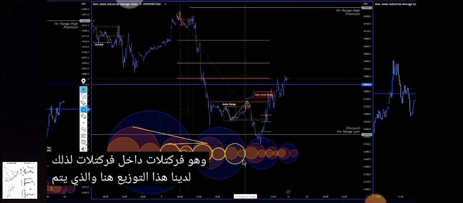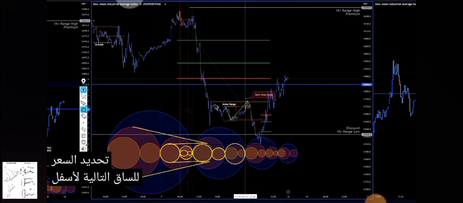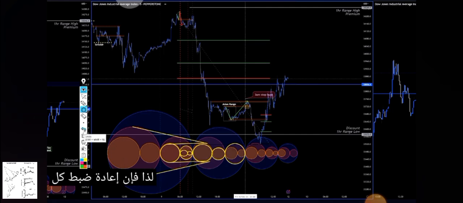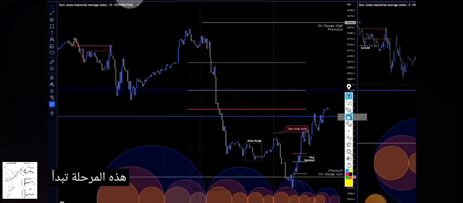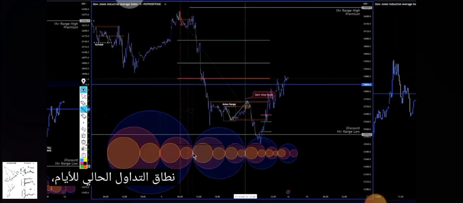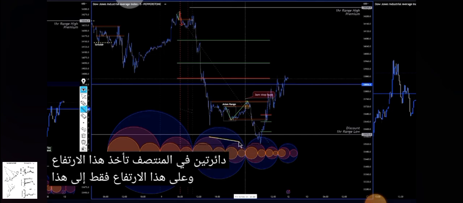So we have this distribution here, which is setting up price for the next leg down, if that makes sense. So resetting all this, phase begins the current day's trading range. So we have this large circle, the two circles in the middle. Take the high, and just on that high,